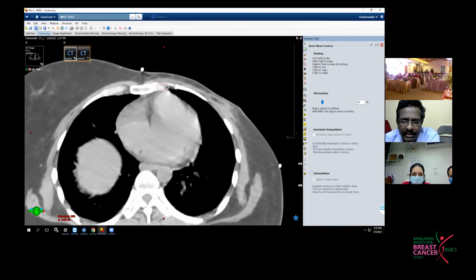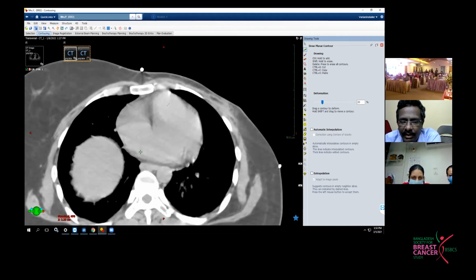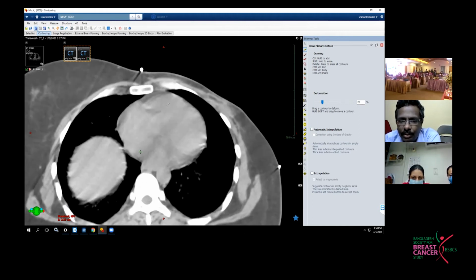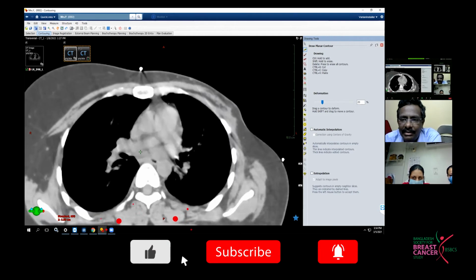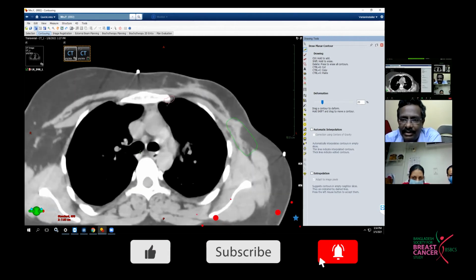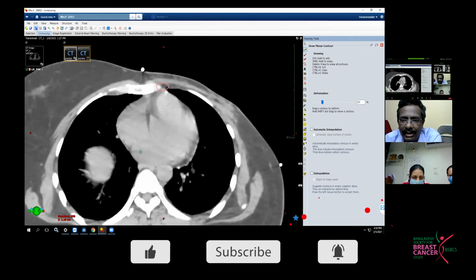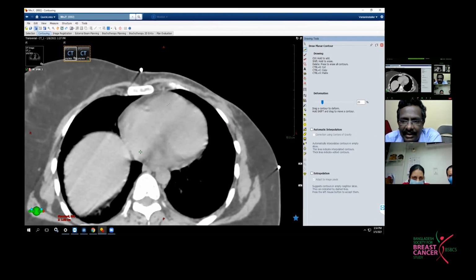Actually, irradiation is not dependent on stage. It depends upon how much is the pathological positivity rate. So even if the surgeon says his axilla is fully cleared and pathology shows there is no extranodal extension, there is no indication to treat the axilla. You can treat the axilla only when there is extranodal extension present. If there is no extranodal extension, it's not necessary to treat the axilla.